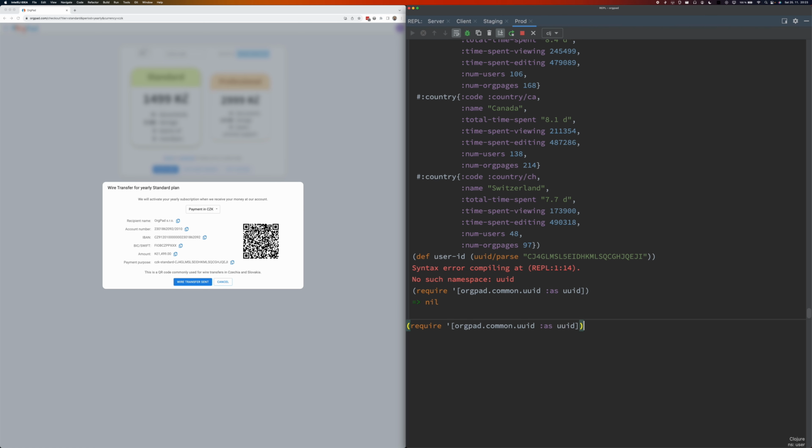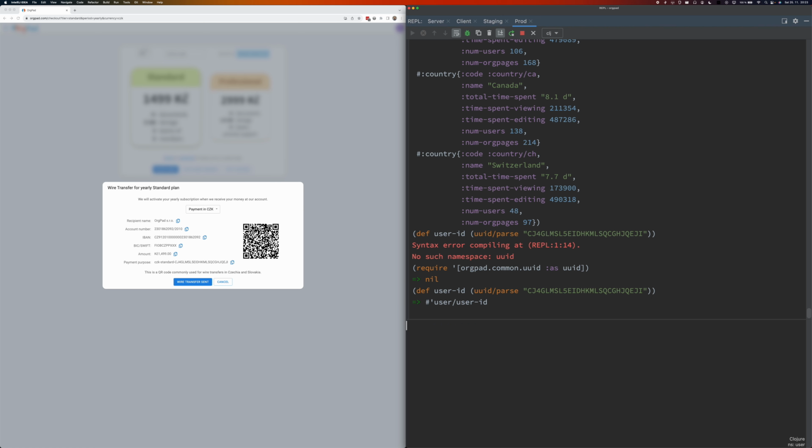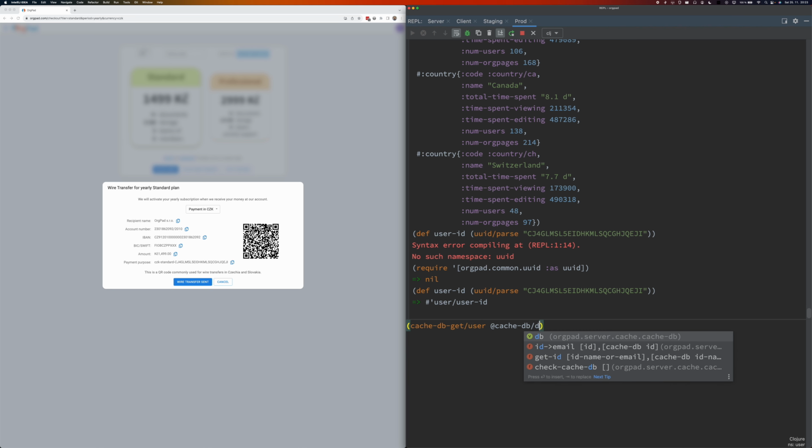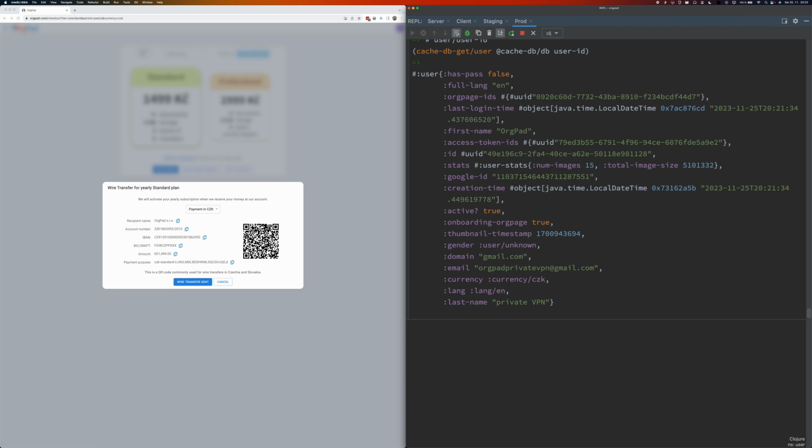Okay, UID like this. If I do keep user of this, yeah, this is my newly created user account I did just now. Okay, and I want to activate a subscription for it.